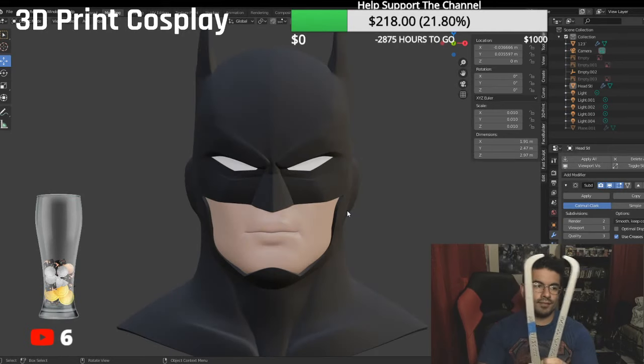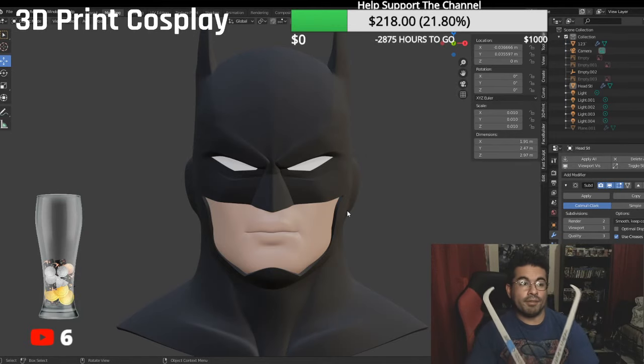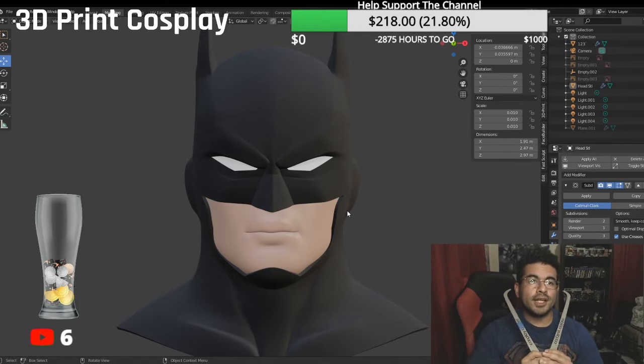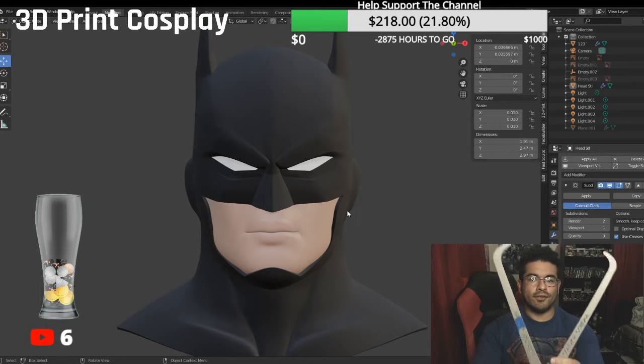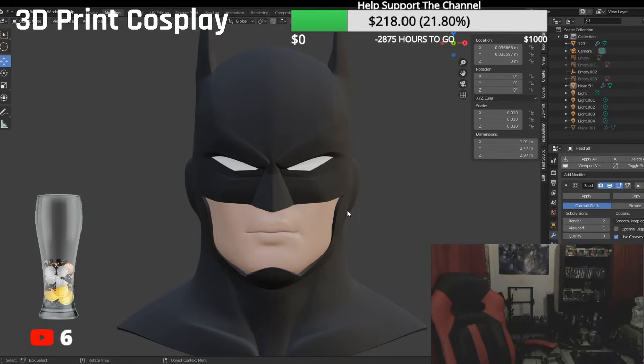So basically, if you're gonna measure a helmet, you gotta measure your head. What I do here is that I grab the calipers and I put it to one ear, and then the other one, like how far my ear goes. All right. So from there, then what you're gonna do is,